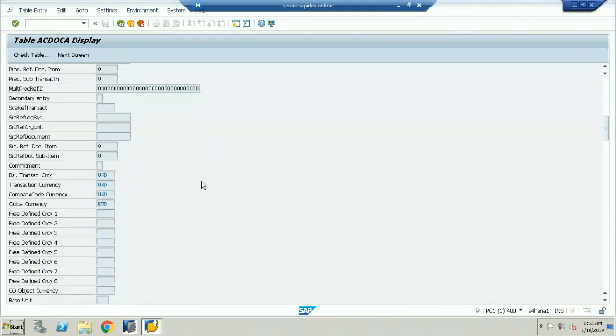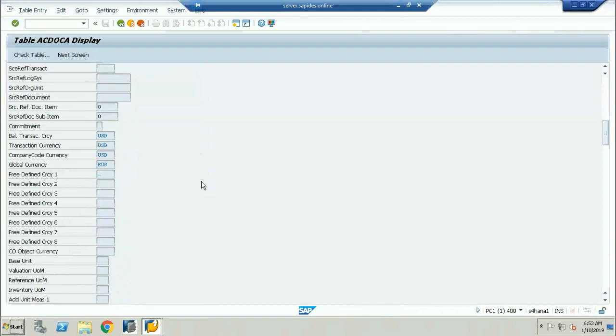These are the currency fields: balance in transaction currency, company code currency, the global currency, and these eight freely defined currencies. And another new currency has been introduced, called the controlling object currency. I'll explain what this is. These are all called currencies.